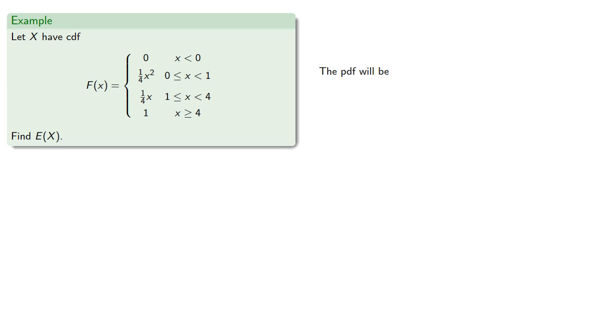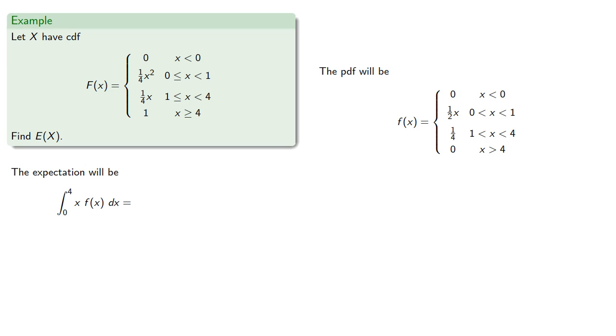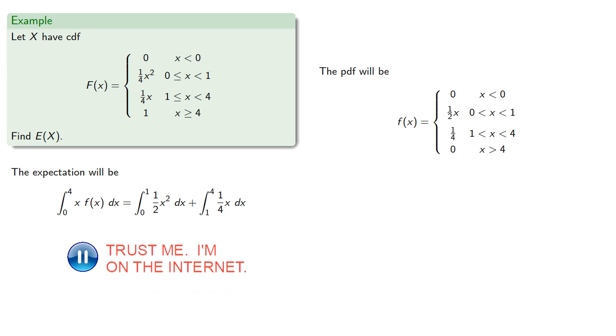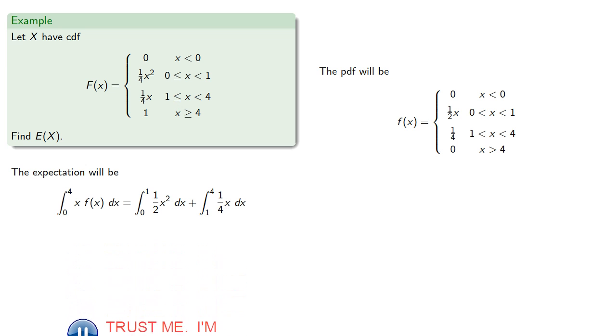So the PDF will be, so we can find the expected value. Since the PDF is 0 everywhere outside the interval from 0 to 4, we only need to worry about the interval between 0 and 4. And since our rule changes at x equals 1, we'll have an integral from 0 to 1 using that first function, plus the integral from 1 to 4 using the second function. And so we find